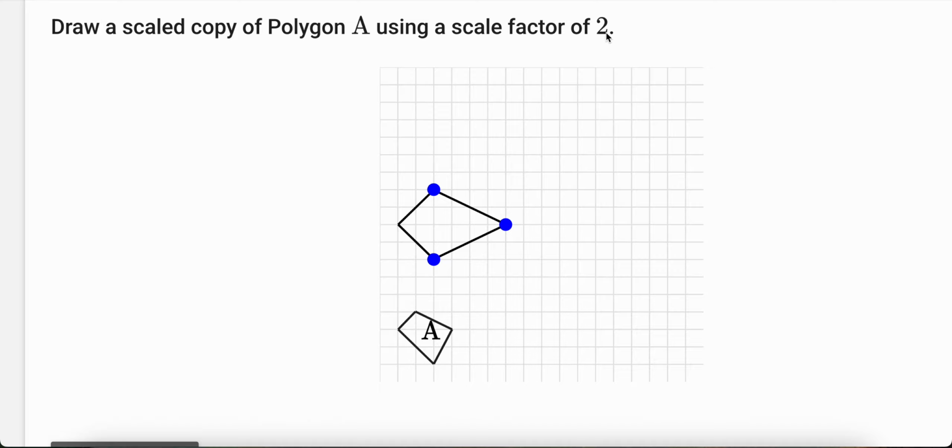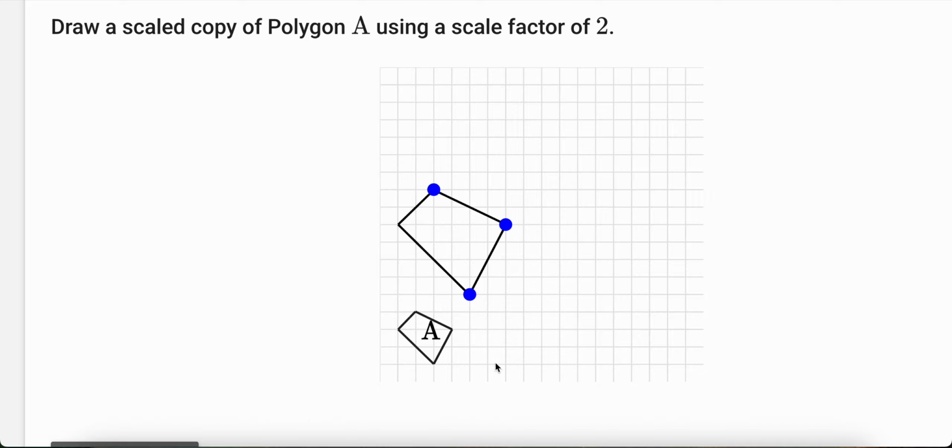So applying that scale factor of 2, I'm going to double those moves. So I'm going to go down 4 and to the left 2. So I'm going to drag this point to the starting point, and I'm going to go down 4 and to the left 2. And then I can think about the features of a scaled copy,